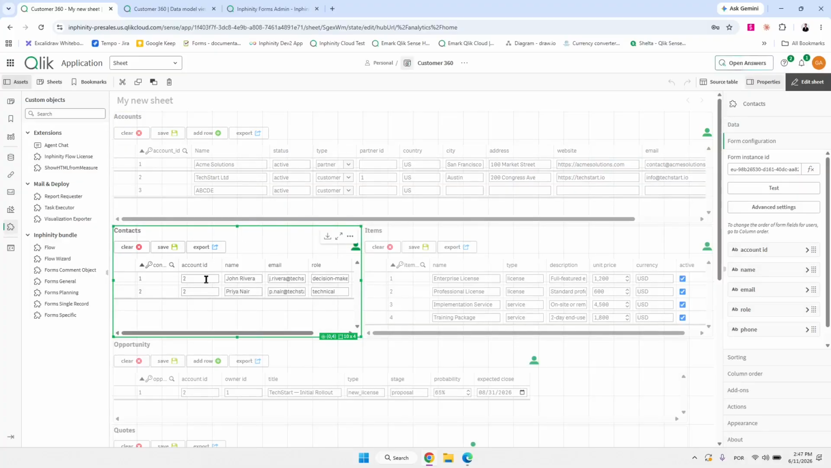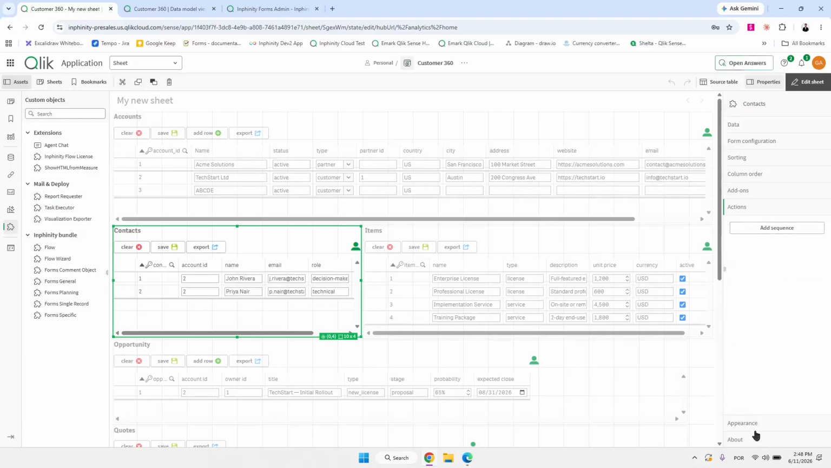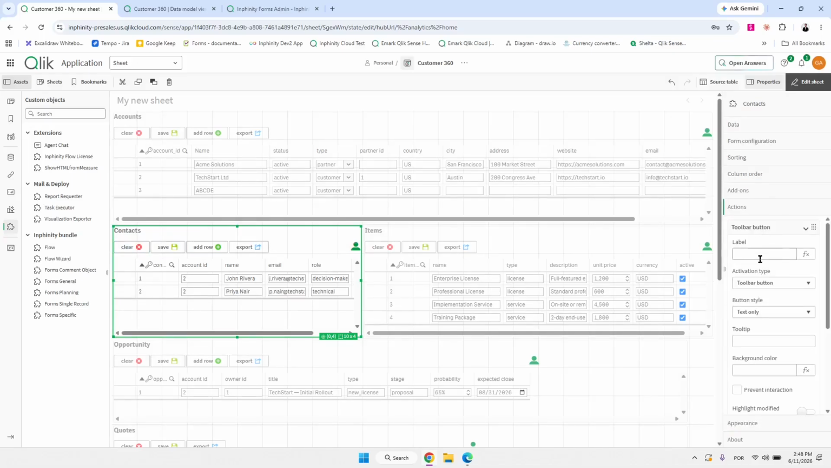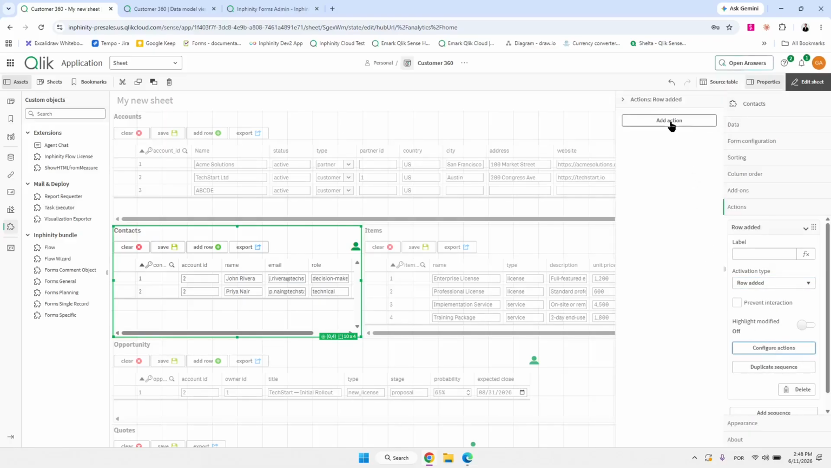Because for one example, let's say I want to include here a new contact for the specific account, I can include a button under appearance to add a new row. But when I add a new row, I want this account ID to be pre-filled with whatever I selected. And for this, I will use actions that can be hidden if I want. So every time I add a row, this action will be triggered. So row added is the type of activation. Then I can go to configure action,